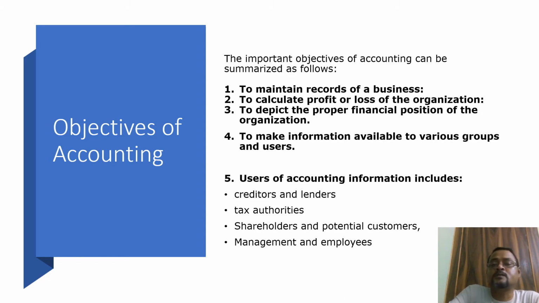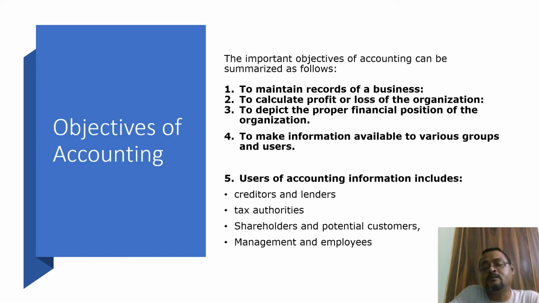So apart from the profit and loss account, the accounting professionals engaged by the firm have to prepare a balance sheet or statement of financial position. The statement of financial position gives us details about the exact position of assets and liabilities of the organization on a particular date. The fourth objective is that the accounting measures undertaken, the summarization and the classification and the recording of economic events.